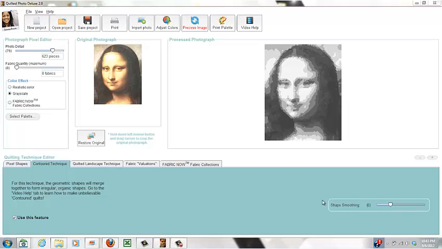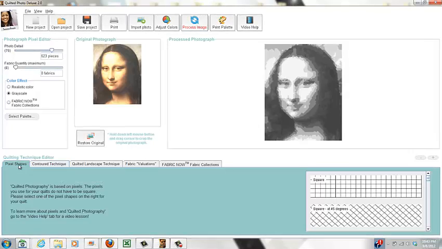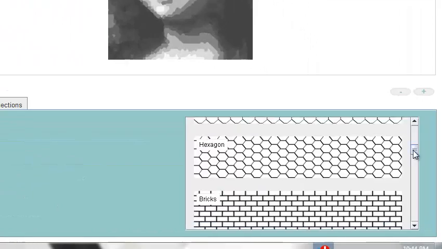If you've ever done quilted contour technique before, you know that how it works is if the fabrics are the same, or the pixels are the same and next to each other, then it groups them together into a larger piece so that you can cut it and make the shapes and make these beautiful contoured pictures. So the first thing you would do is go back to pixel shapes and select the shape